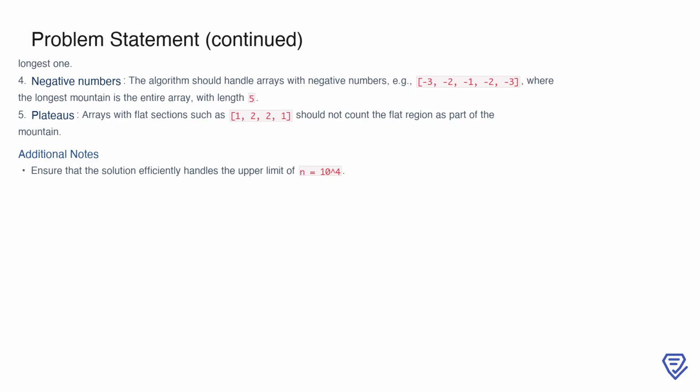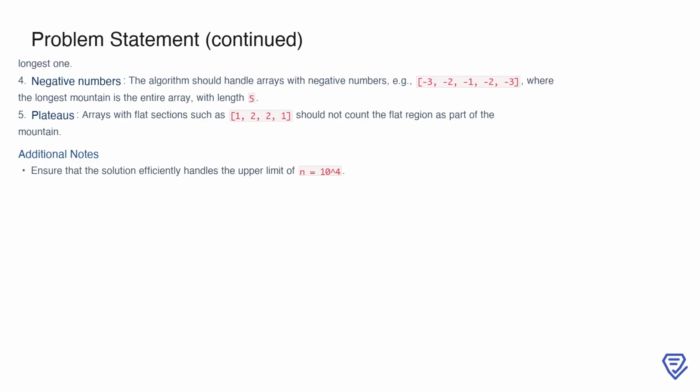In cases with multiple mountains, the algorithm must correctly identify the longest one. Additionally, arrays with negative numbers, such as -3, -2, -1, -2, -3, should be handled properly. Here, the entire array forms a mountain with a length of 5. Plateaus, where there are flat sections like 1, 2, 2, 1, should not count the flat region as part of the mountain. The solution should also efficiently handle the upper limit of n equals 10,000, ensuring it performs well even